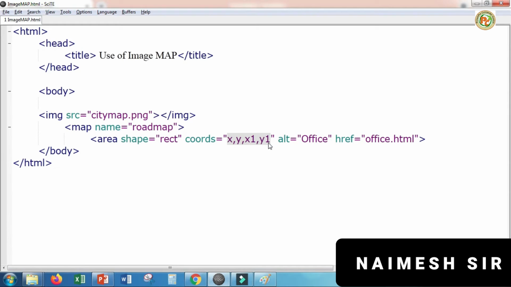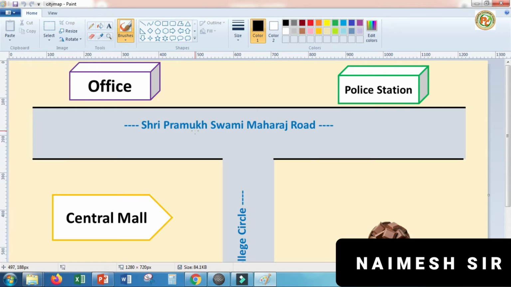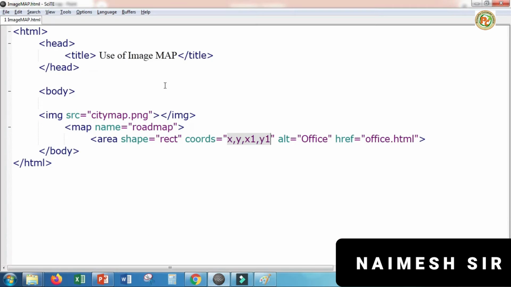Okay, we have to write this much only, but the important part in this is these 4 coordinates. How to decide these 4 coordinates? So let's learn this. Open that page inside Paint. Now this is the area of the office. Now the starting coordinate of this rectangle is from here. So let's decide the x is here. So how many? 100 is here and 200 in between. So how to count? Each one occupies 10, so here 10, 20, 30, 40, 50 and it is 60. So 160, starting from 160. So we'll keep here 160.